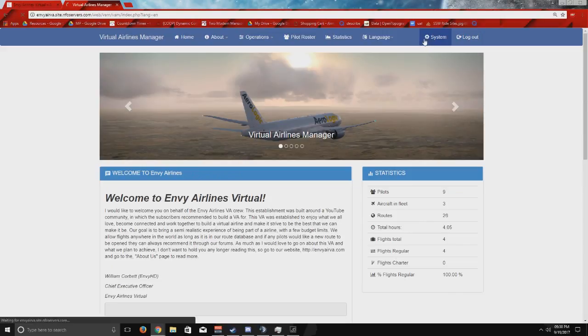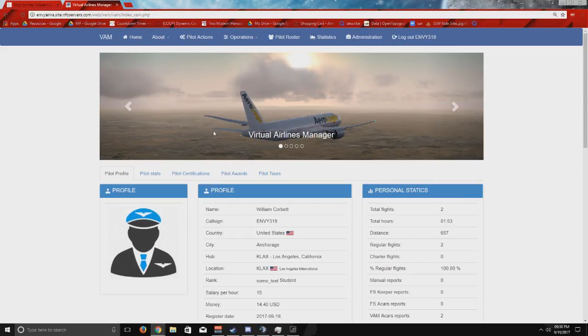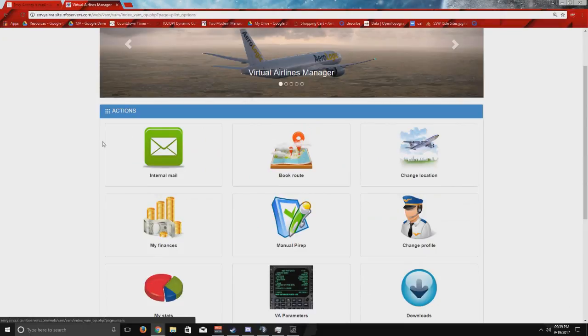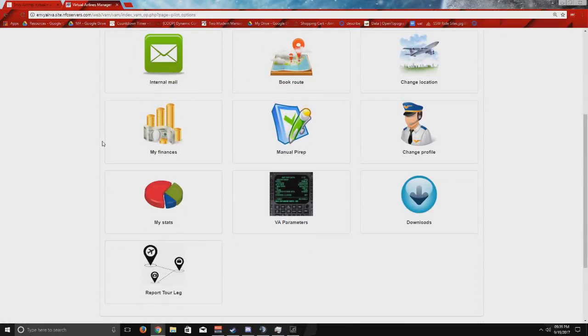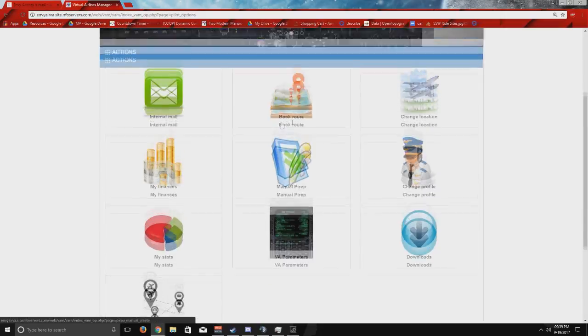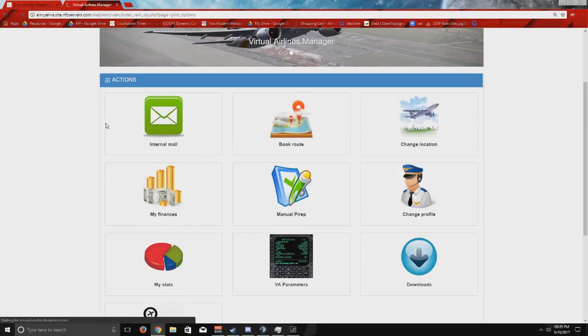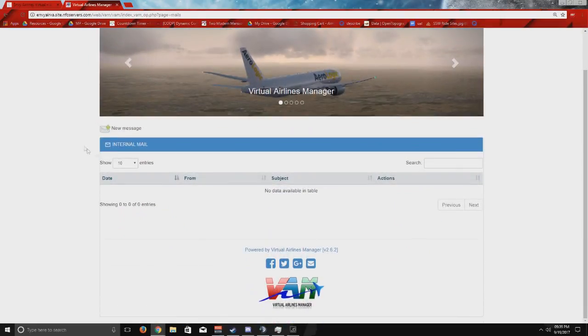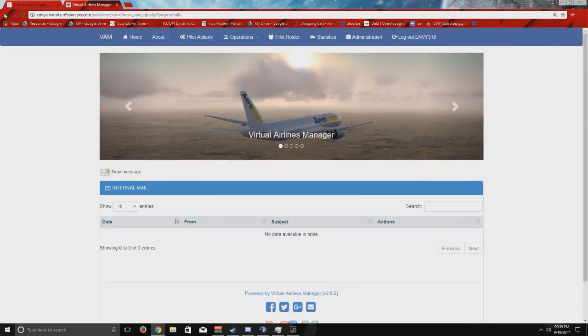If you go to system here, you guys will see your pilot actions. Pilot actions is basically what you're going to be going on to book your flights and download. So now getting started to get your SIM8 cards. Now notice that this is only a Windows program. If you run Mac, I'm sorry, but you're going to have to do manual PIREPs. And there's internal mail, which is basically just private messaging on here, so you could private message other pilots and whatnot. And we're just going to go back here